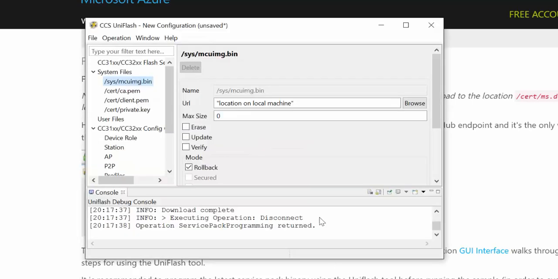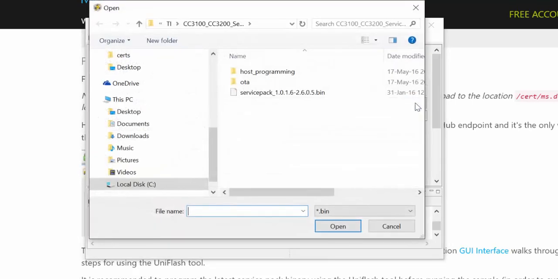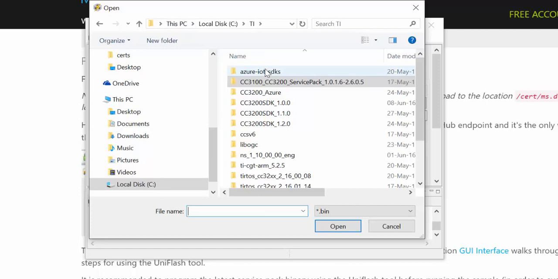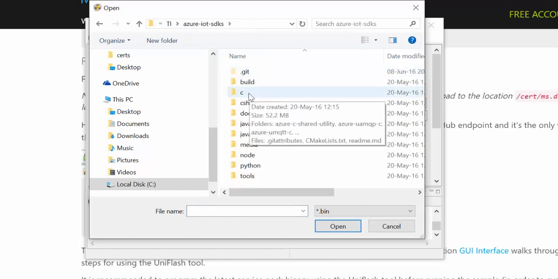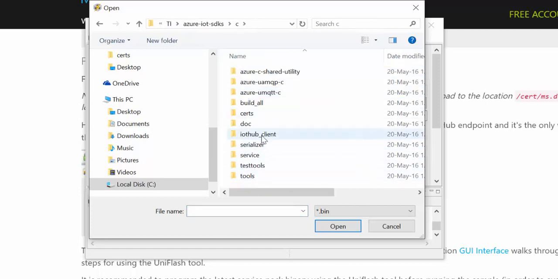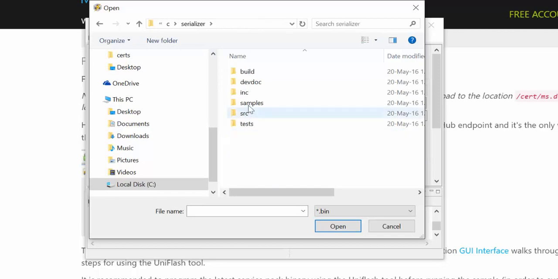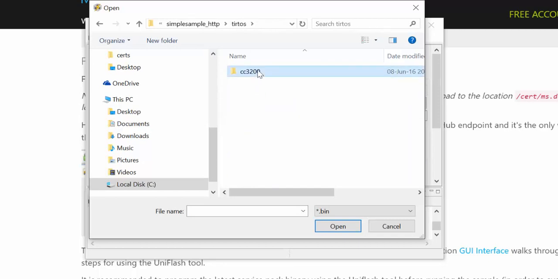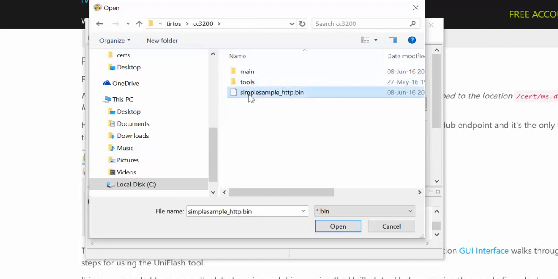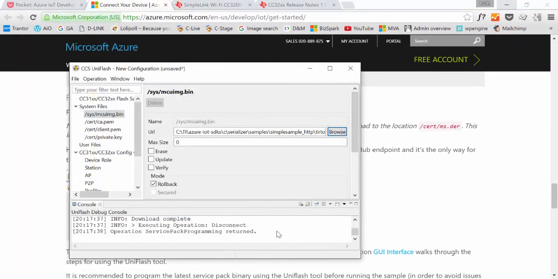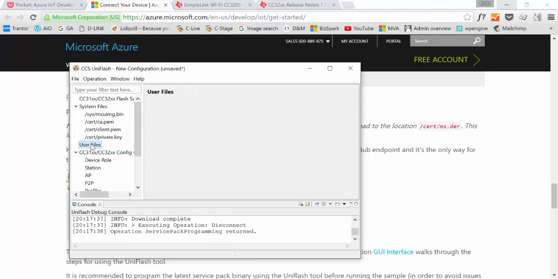We have to browse it now. We have to find it and point it there. And this is in the Azure C serializer samples HTTP. There it is. Okay. Erase, update, verify,